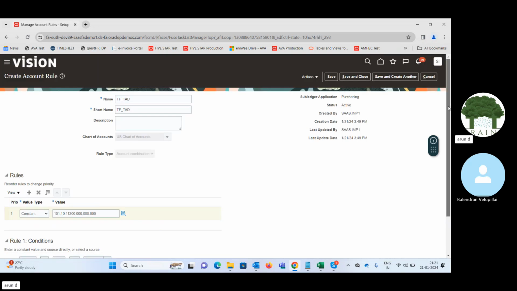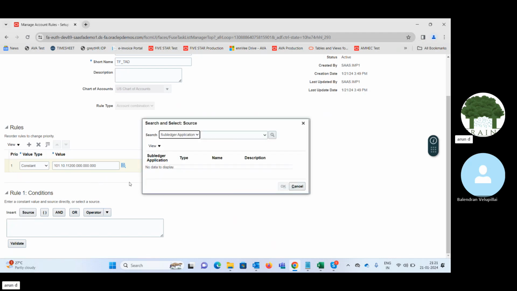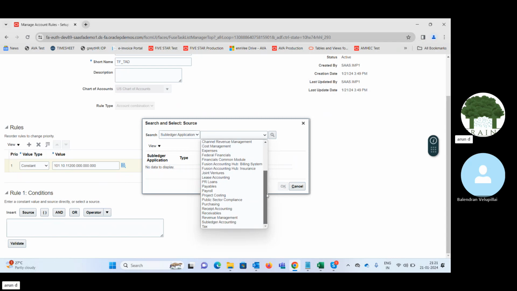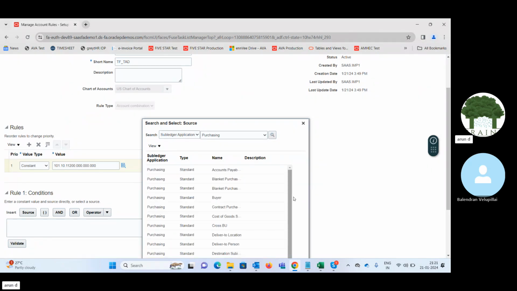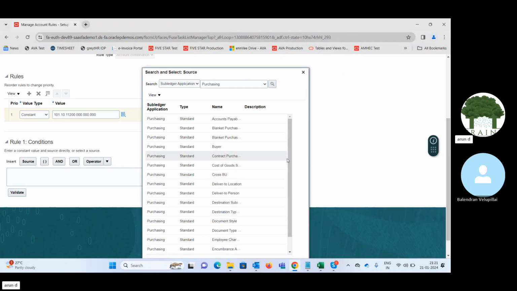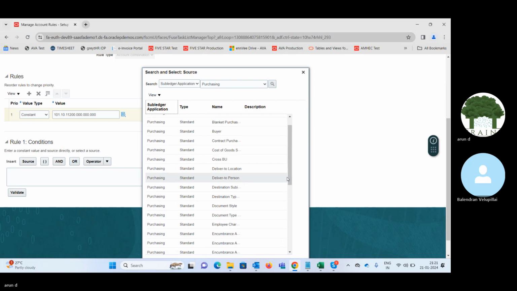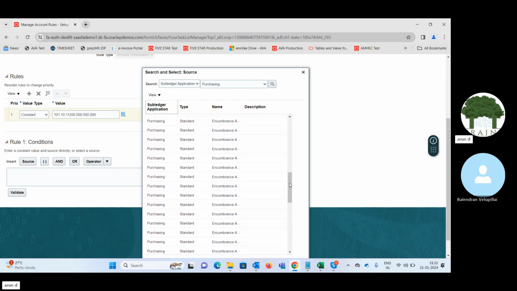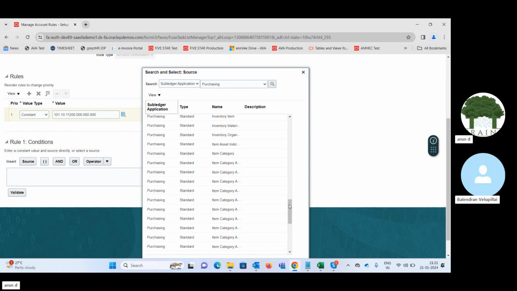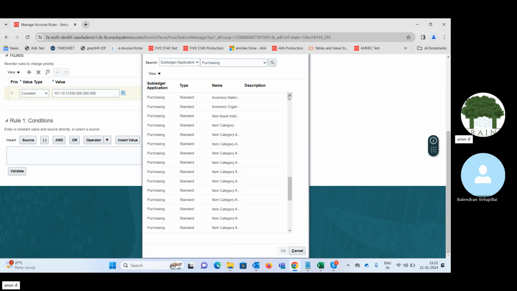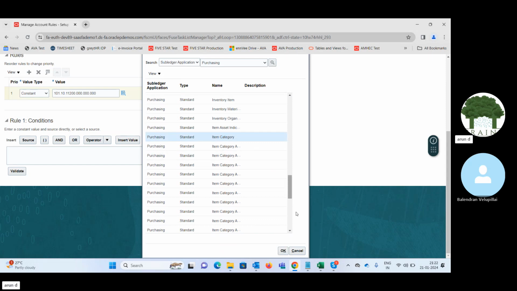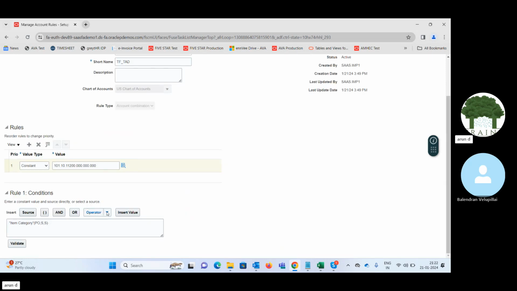Now if I go down and click for source, I'll be able to search the particular source. I will not be able to search here. I think I'll have to drill down. Let me check once. For the time being, I'll just say this one because for project I'll have to drill down a little more. For the time being I'll just take this category. I think it is here. I'll select this and it is equal to,